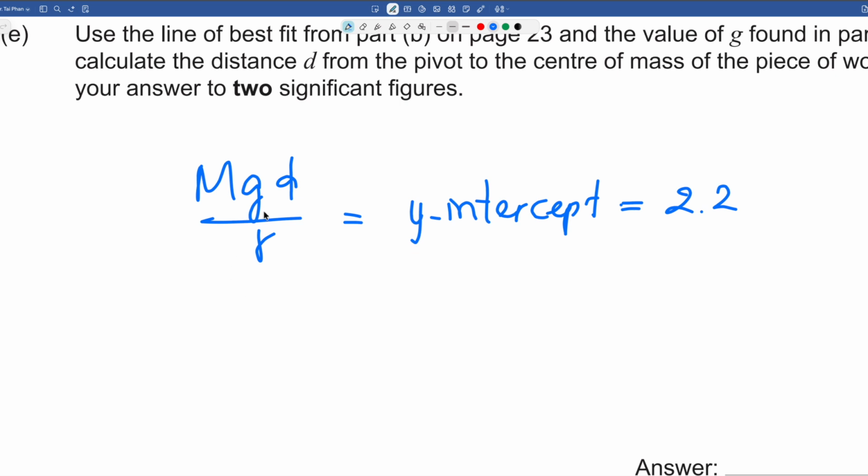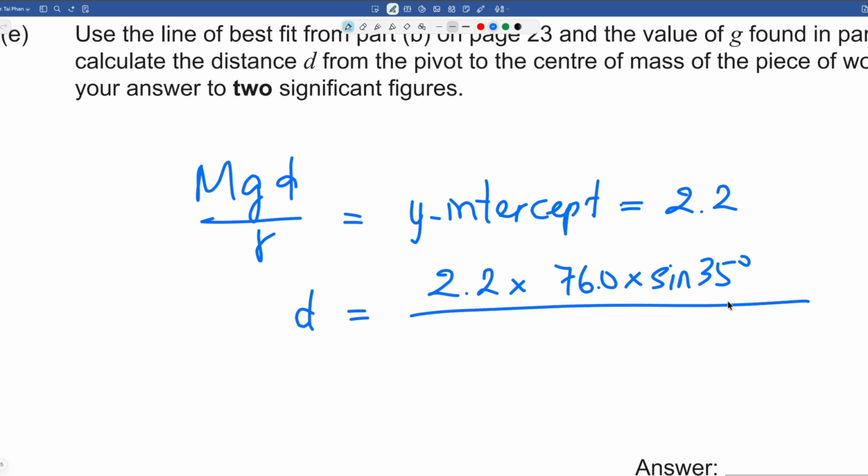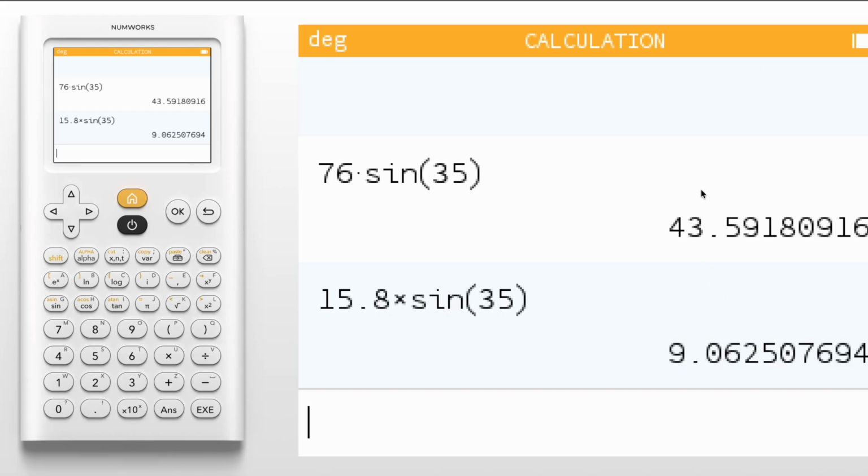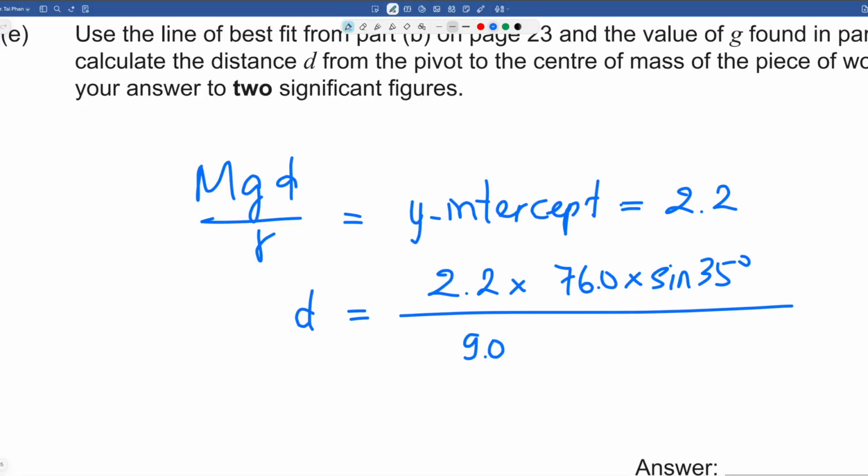Now we need to find d. d is this y-intercept 2.2 multiplied with r here, which is 76.0 centimeters times sine of 35 degrees, times r, and then divide by g and m. And we take the value g from the previous question, which is 9.06, divide by g here, and then divide by m, the mass,